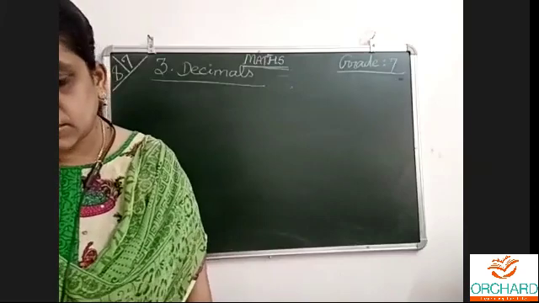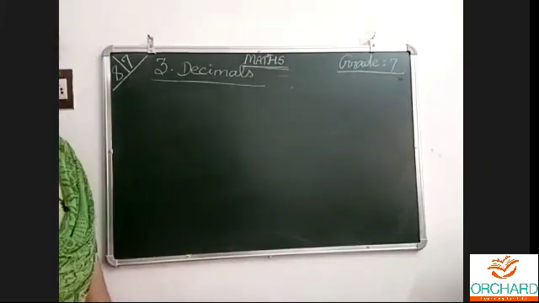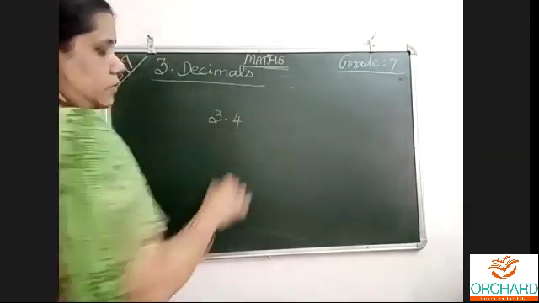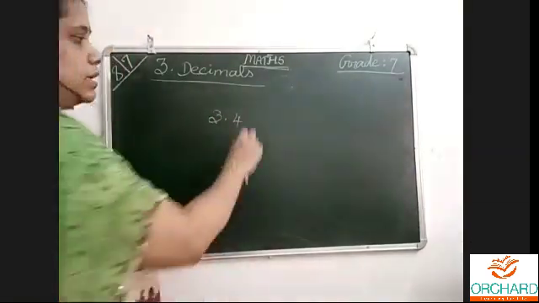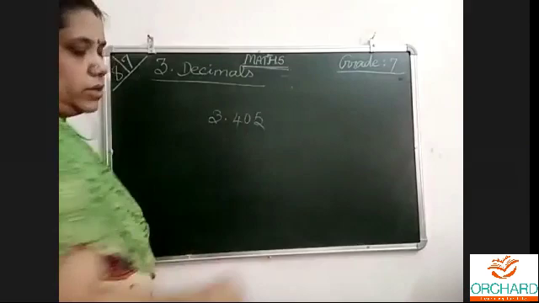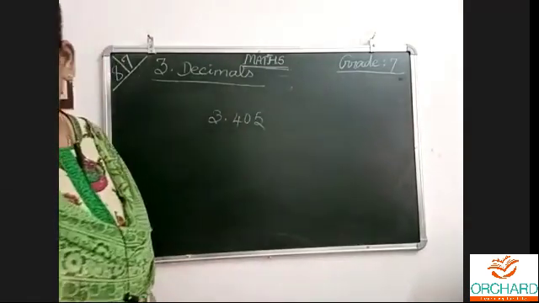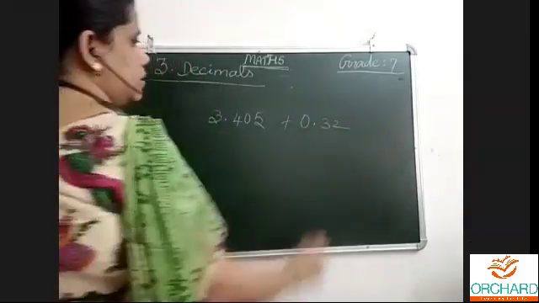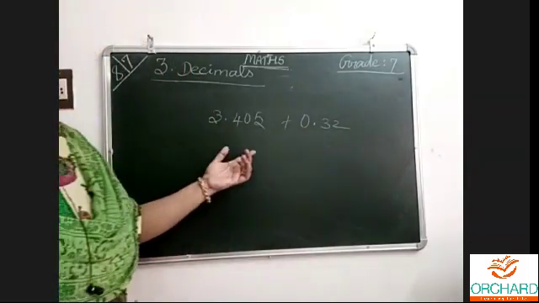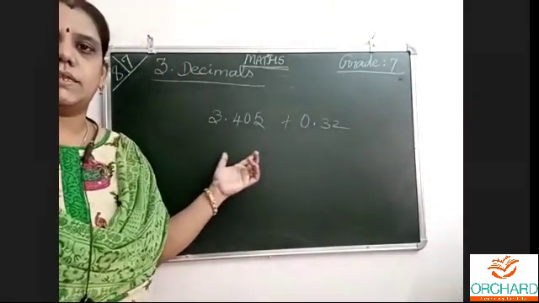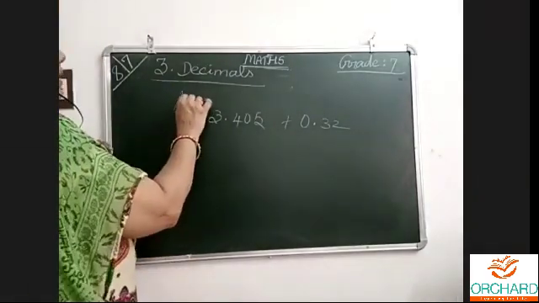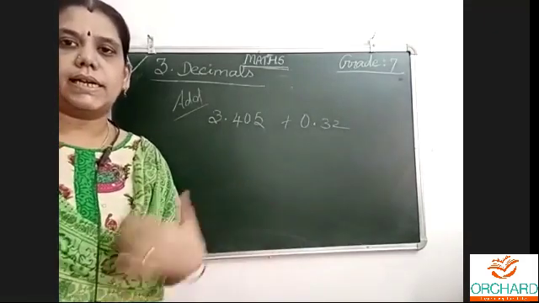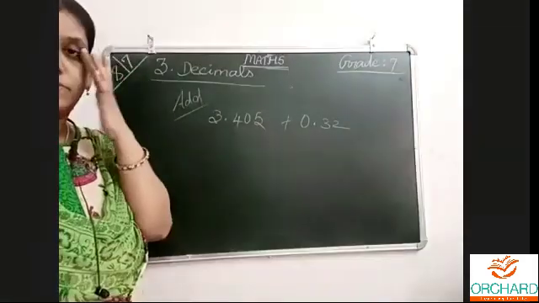Now, addition of decimals and subtraction I will say. Then we'll go to the next. For example, the number is like this, a book example only, and adding 0.3. Whenever two decimal numbers are given like this, it is asked to add them. Then we will see one subtraction model, then directly we'll go to multiplication.